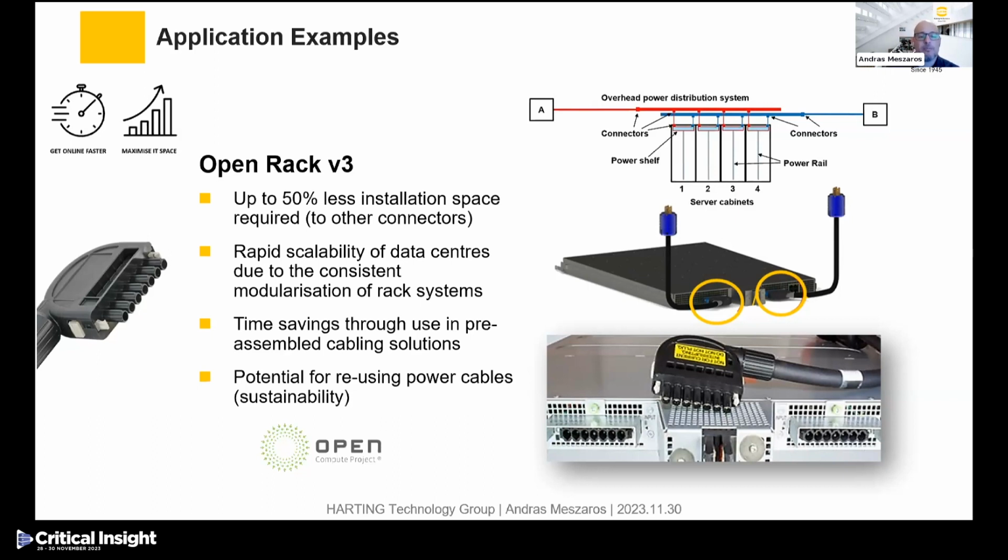So this comes from OCP, the Open Compute Project Foundation. This is pretty well known on the infrastructure side of the data centers. It is an organization which promotes standards to be followed. As a supplier for data centers, you can participate in this project, and then